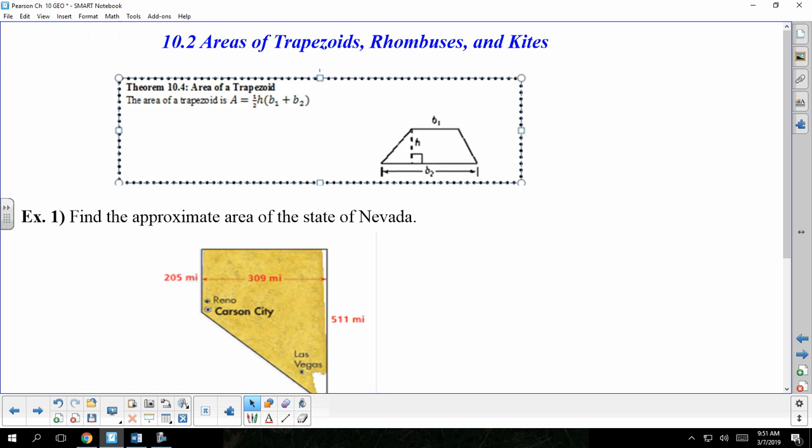All right, continuing in chapter 10 with the area of polygons. We're going to find the area of trapezoids, rhombuses, and kites today. So a trapezoid, if we remember way back from chapter 6, is